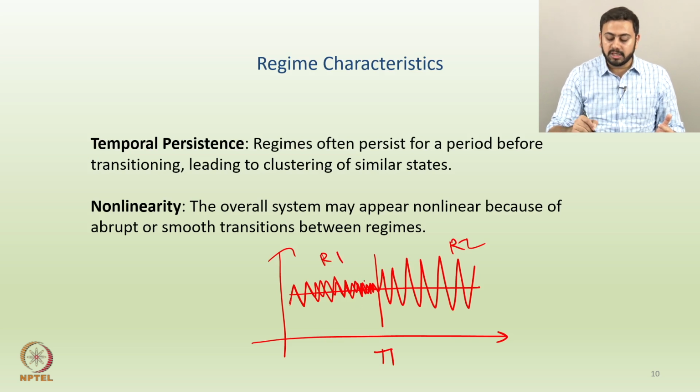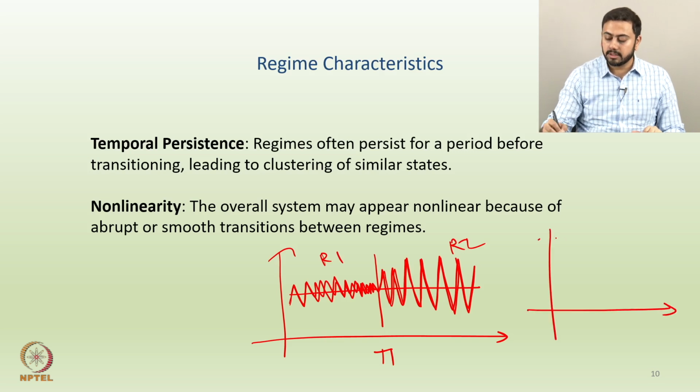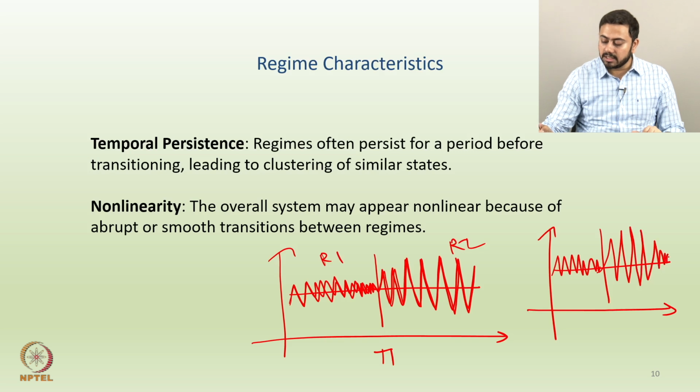If you shift your attention to R2, the time series is highly volatile in R2, and the exact same kind of characteristic can be seen throughout that entire regime. Make sense so far? I can give you a counter example. Let us say I redraw the same graph, where you have one threshold value and two regimes, and R1 is exactly the same as earlier, but the moment the time series transitions to R2, it is highly volatile initially, but later on it is not that volatile.